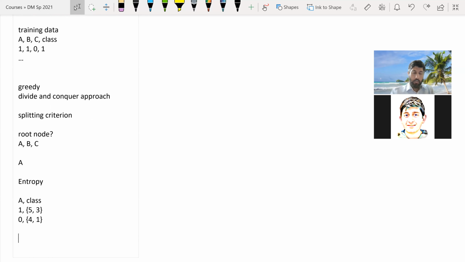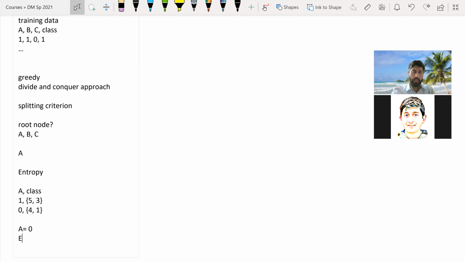So what is the entropy of the data set after the split? We have the formula for entropy. There are two splits now, one with A is equal to 0 and one with A is equal to 1, and each has its own entropy. Entropy is a measure of impurity. So if I talk about the A is equal to 0 split, what will its entropy be?